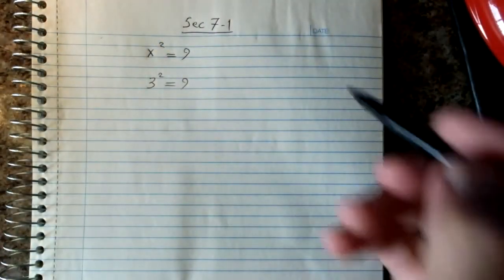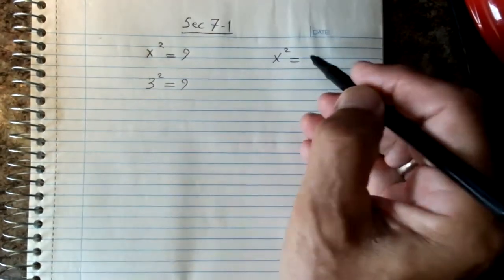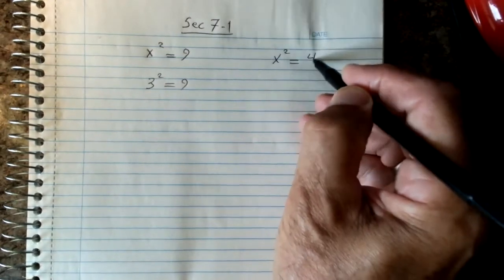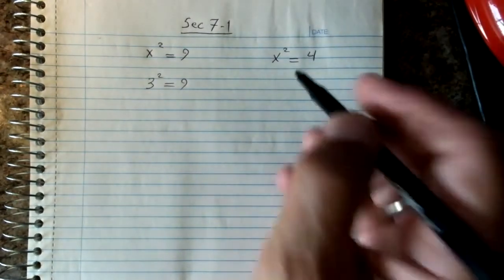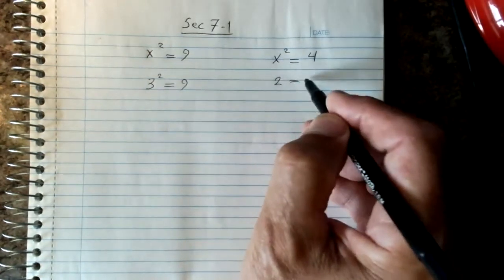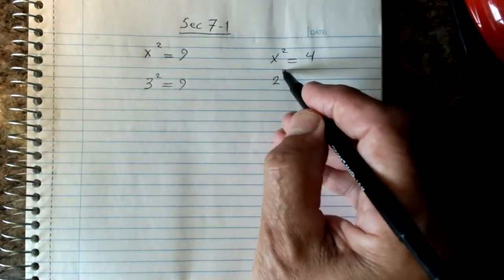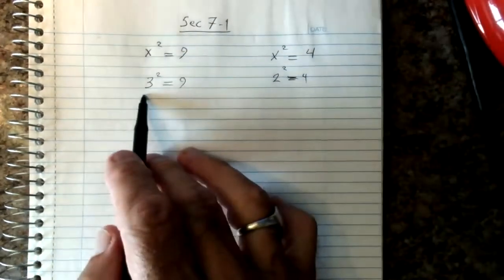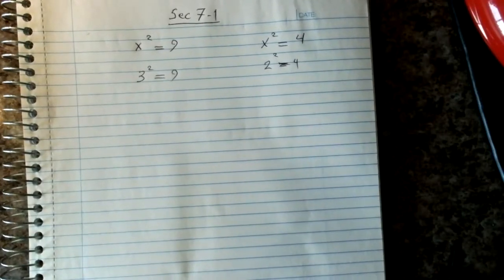So what about x to the power of 2 is equal to 4? Again, what number to the power of 2 is 4? It's 2. Of course, there is a negative number as well, but here we're just talking about the positive, because there is always positive and negative. So in that case,